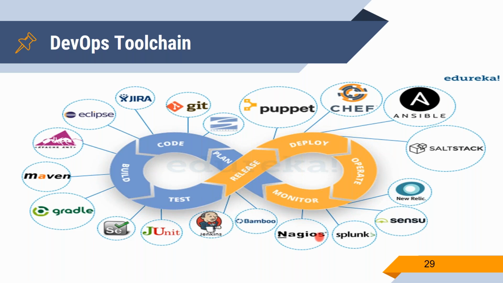For monitoring, we are using Nagios and Splunk, and we have some SUSE products, some other products also, and New Relic. These are some of the monitoring tools. It depends on the clients and the products which we're using. The tools will change. These are the common tools which will come up when we speak about the DevOps tool chains.